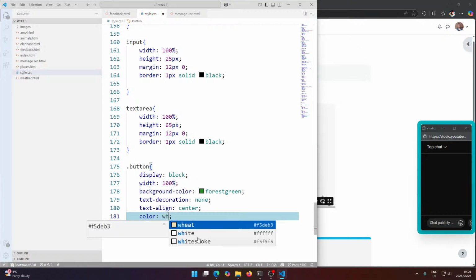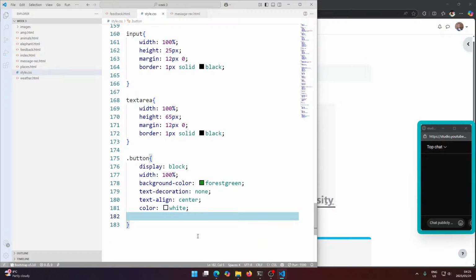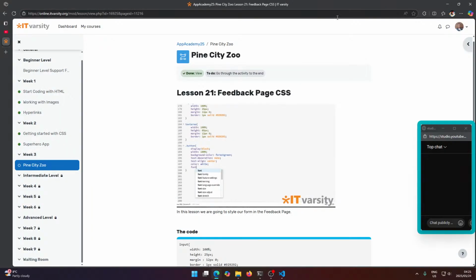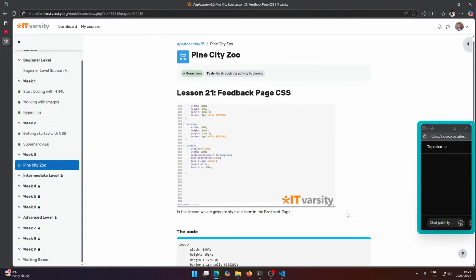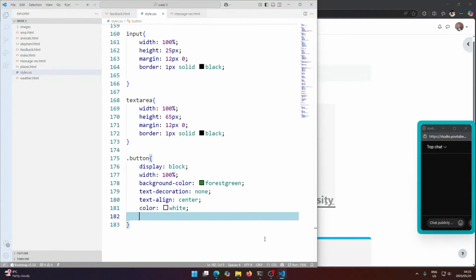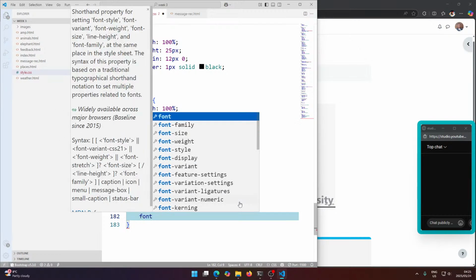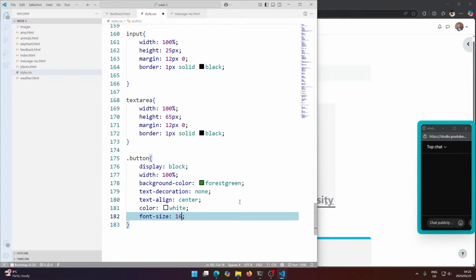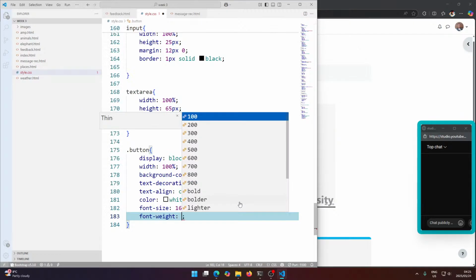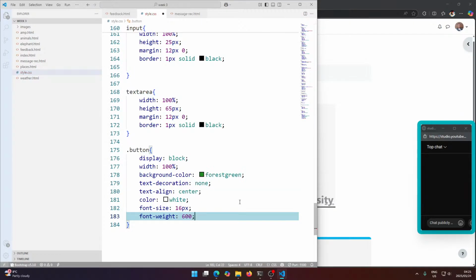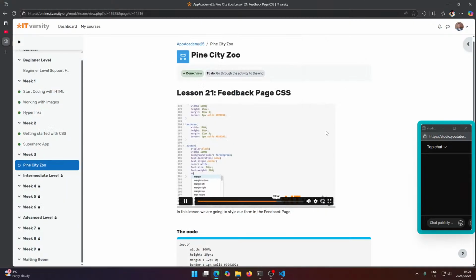So we set that to white here, and then we'll set it to a nice large 16 pixels font size. Font size 16 pixels. We'll set the font weight to 600. And this guy will also get